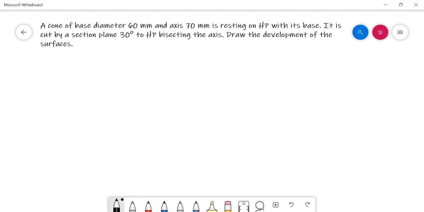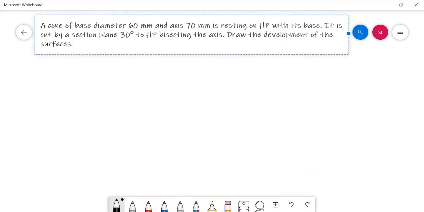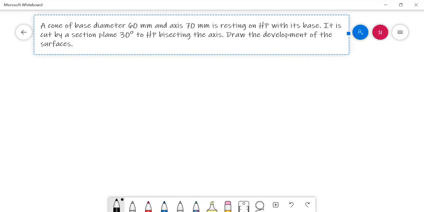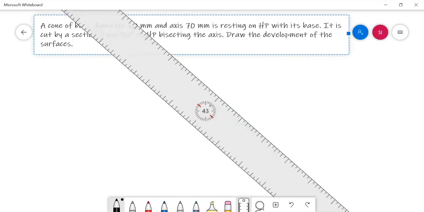So as usual in this question we are having three different tasks. First we need to draw the solid with the given specification and cut the solid with the given cutting plane, and then draw the development of the lateral surfaces of the solid. So this is our workload here. For that, first we need to draw the solid's base view and the lateral view as projections.